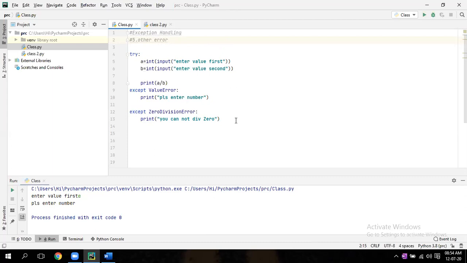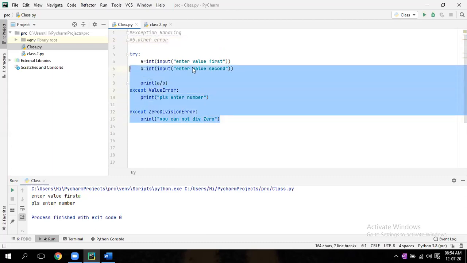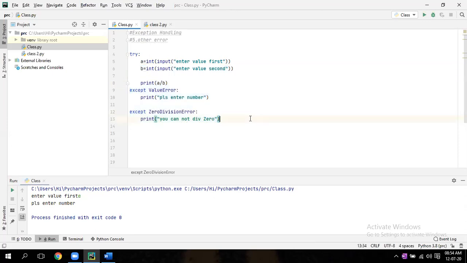Okay. So in this case, what will happen? In the except, the zero division error is there, right? Remove that zero division error. Only that part. If you don't mention anything, if you write only except, whatever error it may be, it will come to this one.